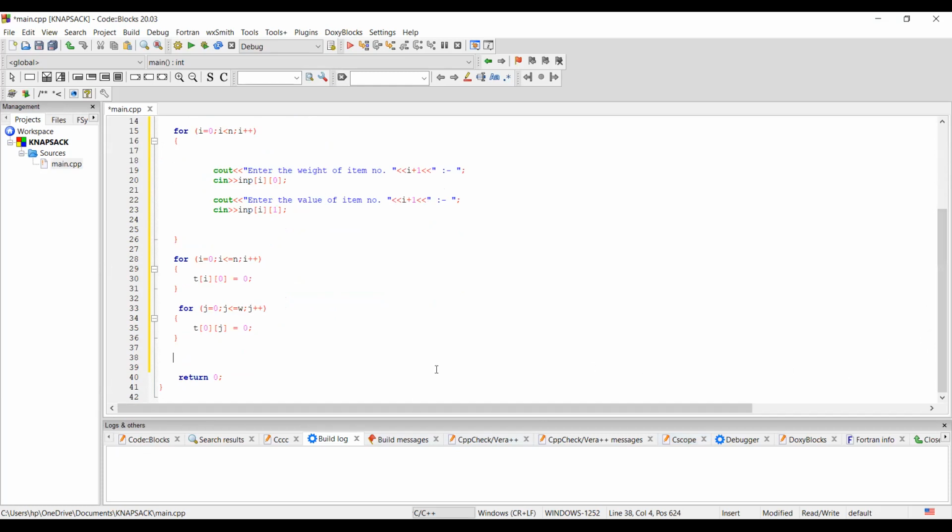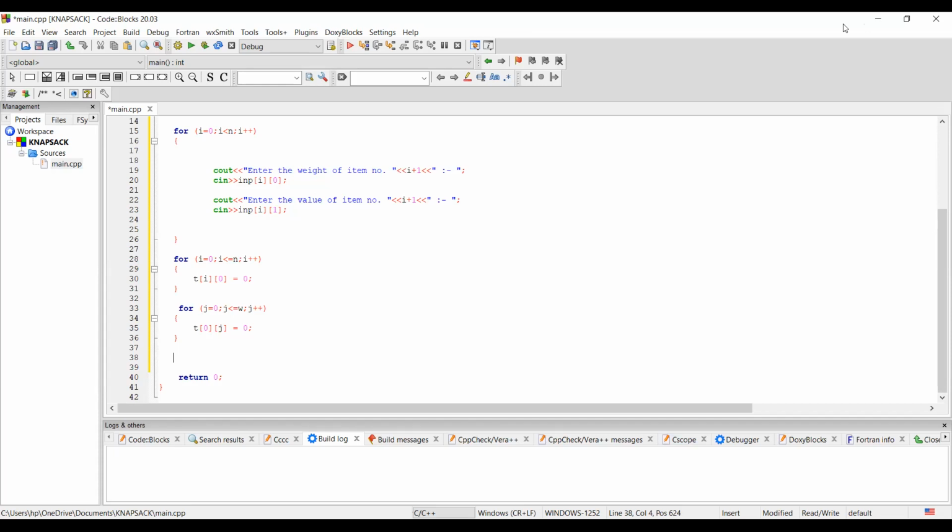And our next step is, since we have filled our first row and first column with zero, to fill all the remaining entries. And how to fill all the remaining entries, as I told, can be done with the help of a formula. Now, what is that formula?